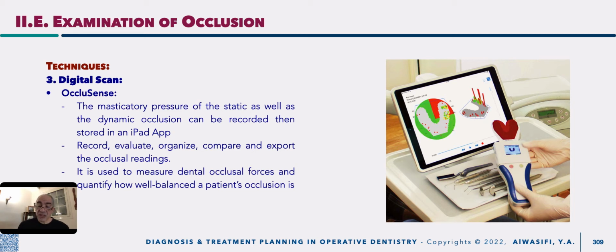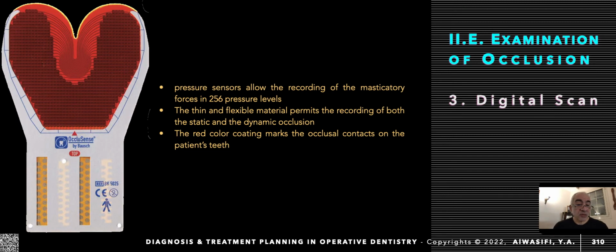It's very simple. This is the plate which records masticatory forces in 256 pressure levels, scored from 0 up to 256. It is exactly similar to the strips for glucometers, which are sensitive to glucose in blood and give you a number. This is sensitive to pressure from 0 to 256. The thin flexible plate is disposable, used once for every patient,